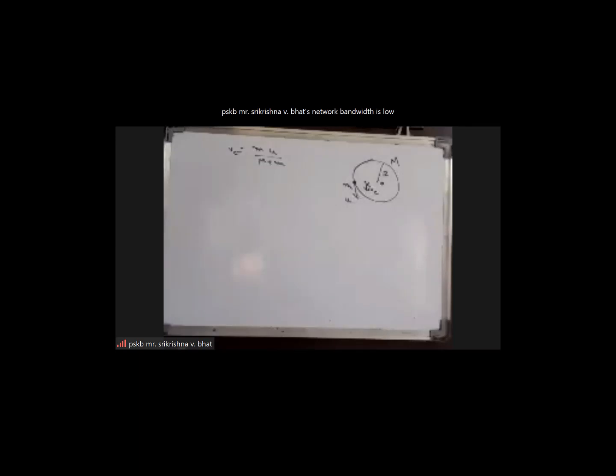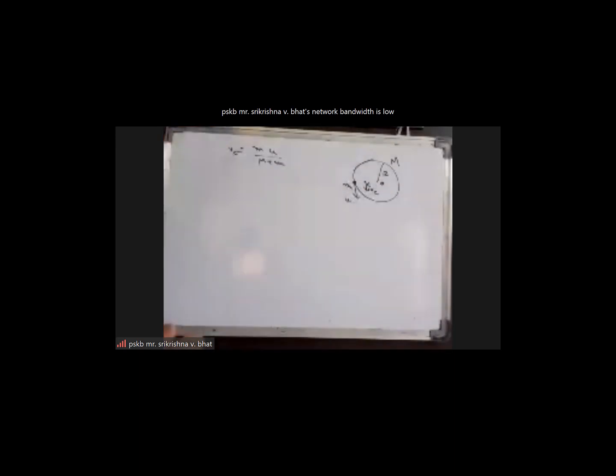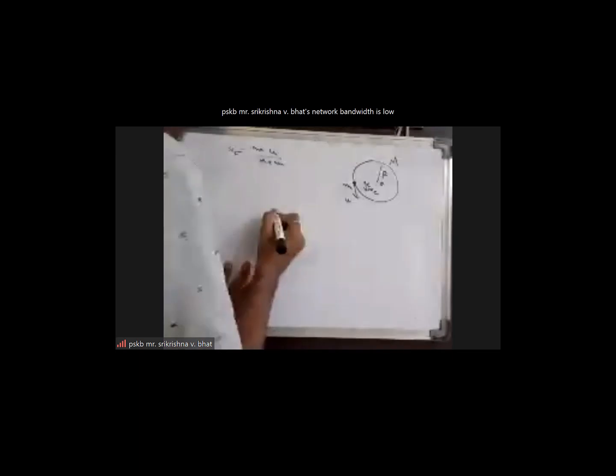In fact, we can say that the distance between the center of mass and O will always remain the same, and the distance between the center of mass and the bead will also always remain the same. So we can therefore say that both the bead as well as the center of the ring should move in circular paths with respect to the center of mass. At any point of time, it should be something like this.